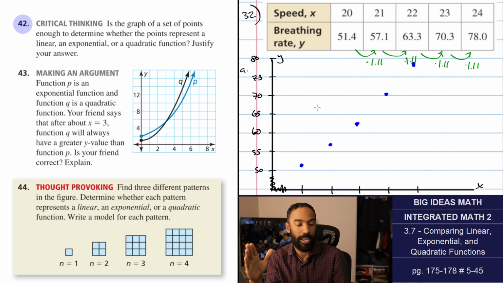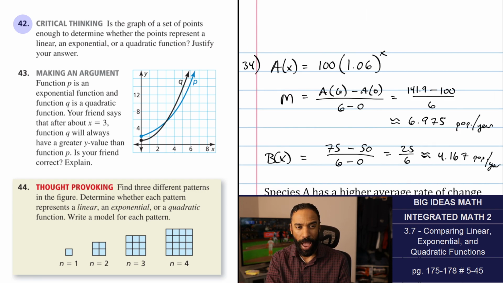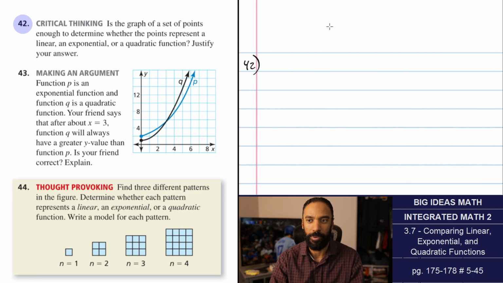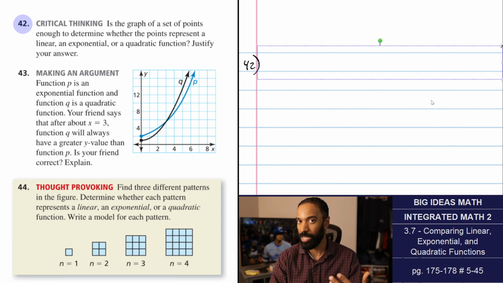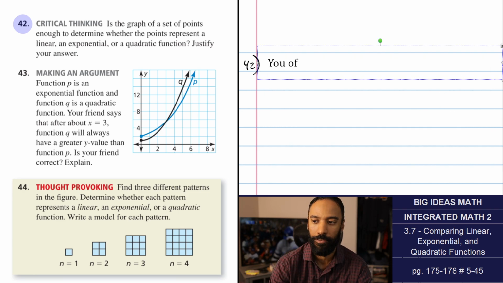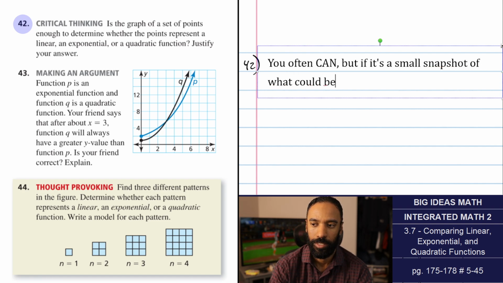And you can't even tell quadratic versus, I didn't even test quadratic. I said that function might not apply, but you can't even tell quadratic versus exponential. So no, the graph is the graph of a set of points, and we don't know how many sets of points. I don't think so. In a lot of cases, the very first ones with a big set, oftentimes you can. You often can, but if it's a small snapshot of what could be misconstrued as any of the three,